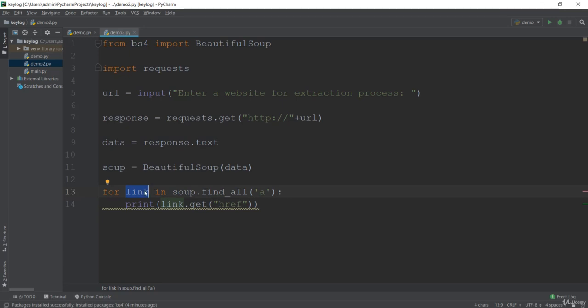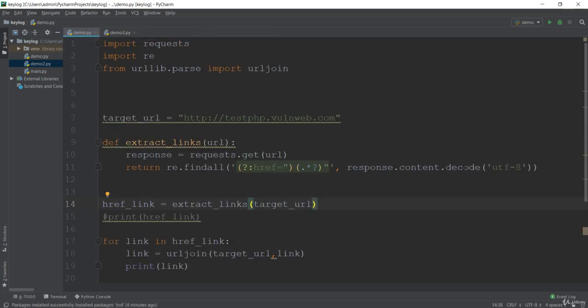You can see this link also, this will be in the form of dictionary, and we want to get the link. So this dictionary will contain the href as a key, and the link as a value. So we are just getting the href. That means we want only the link to be printed, so that there is no encoding to be done. So if you see what we did in the previous lecture, we have to decode with this UTF-8, but in the case of Beautiful Soup, it is done automatically. It will just convert incoming document to the Unicode and outgoing document to UTF-8 decoding.